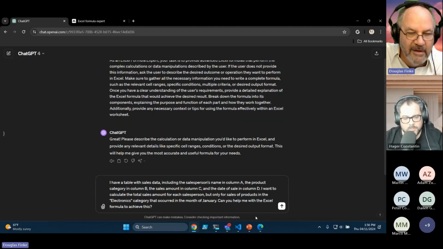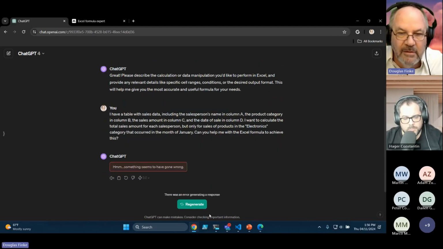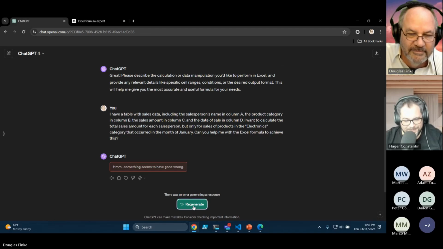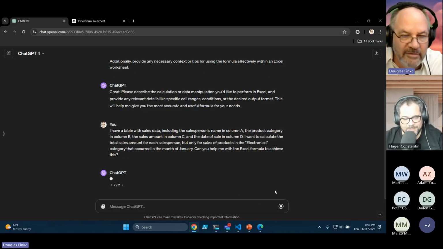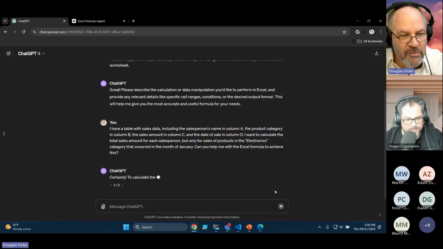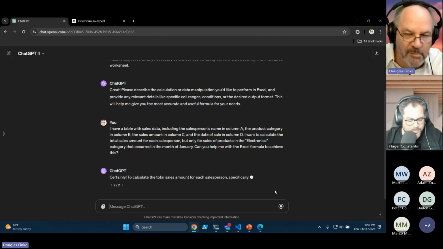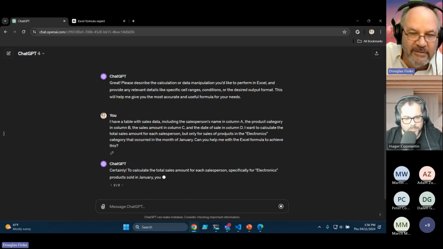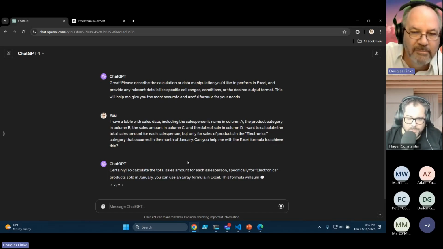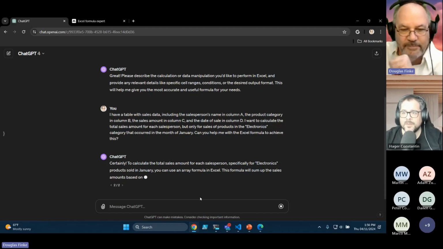So now I'm going to paste in, okay, I have a table. Yep, awesome. This is doing live demos with GPT. Now, again, if you had all this set up on Azure, you'd have your own access to it on your own tenant, with enterprise-level capabilities. This is what you get for $20. Anyway, I have a table with sales data. Salesperson name is in column A, product in B, the sales amount in C, and the date of the sale in D. I want to calculate the total sales. Can you help me with the Excel formula? Now,